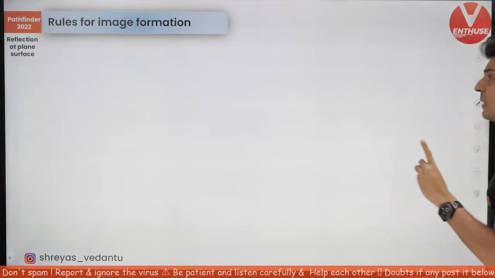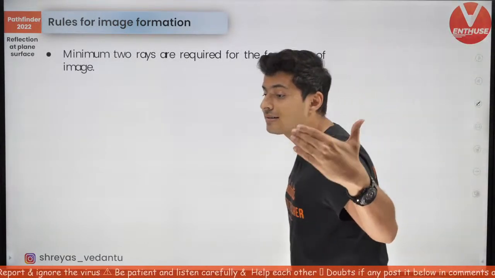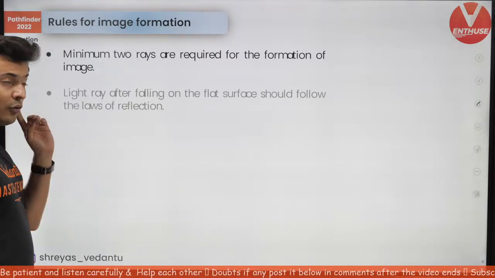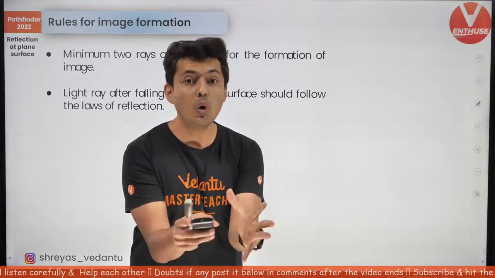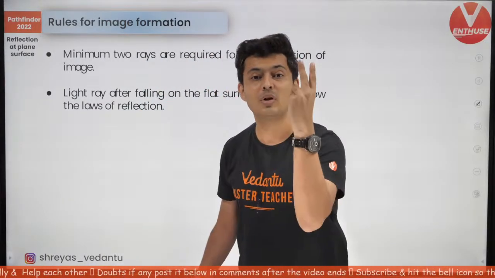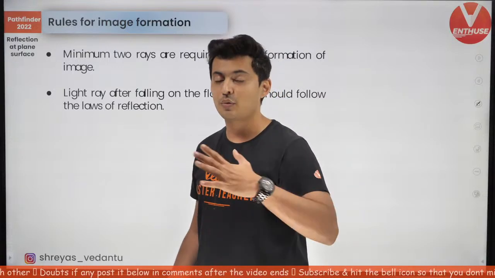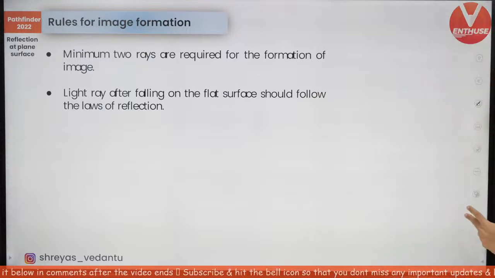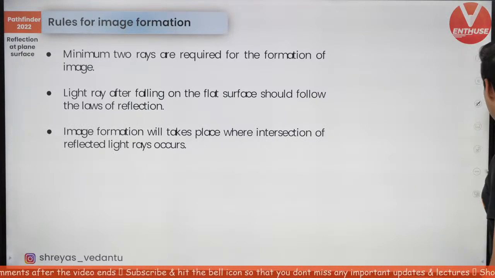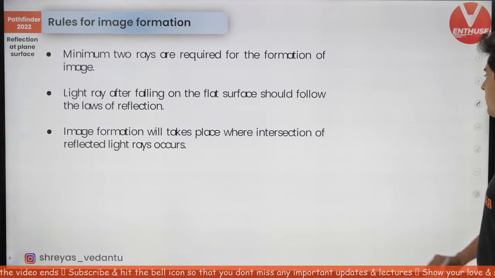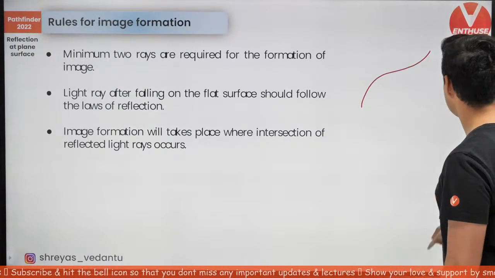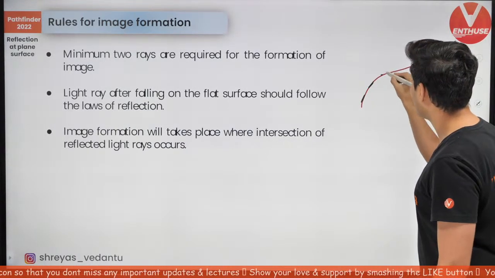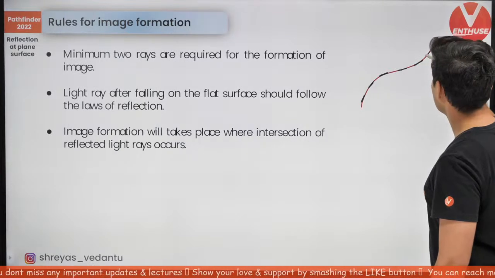And there are simple ways of locating where the image is. For you to know where it is, you need a minimum of 2 rays. Yes, if there are 5 rays, very good. But minimum you need 2 rays. Keep this in mind. Also, remember, even if it is a curved surface, I'll just put it up here, imagine that the curved surface is made up of many plane mirrors. Think of it like that.